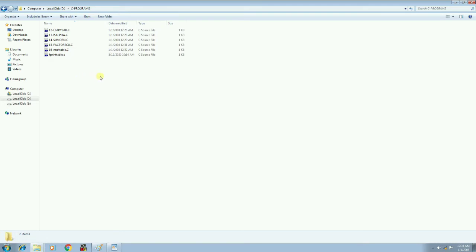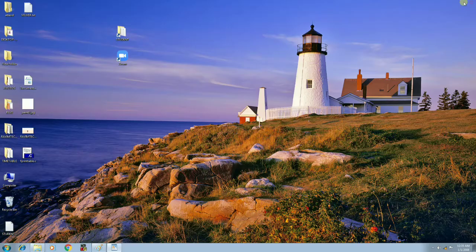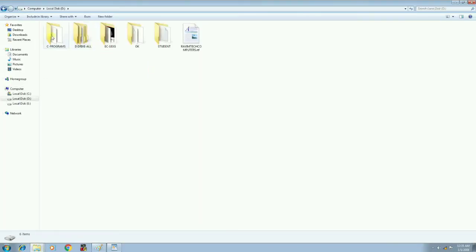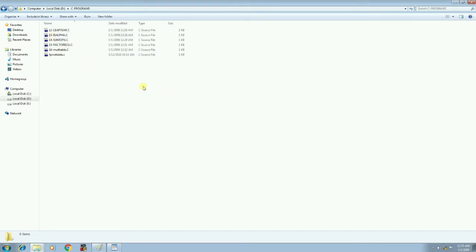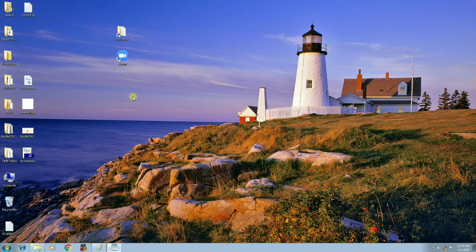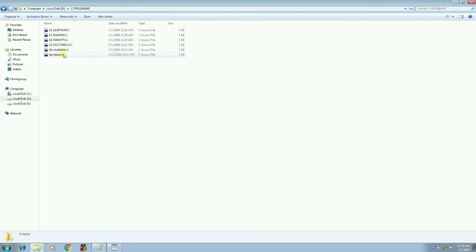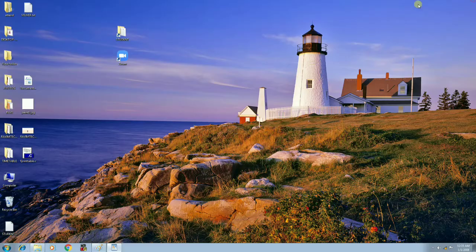For example, if I want to open that folder regularly and do it manually, first I click on the computer icon, then again click on the D drive, again click on C programs. It is wasting a lot of time, especially if the folder has other subfolders. So to open that application very fast, what we need to do is create the shortcuts. But how to create the shortcut, I will explain. If you want to see how fast the shortcut will open, I am opening it manually: opening my computer, opening the D drive, opening C programs, and then I am able to access the files. But now I want to create the shortcut so that I can open the application very fast.